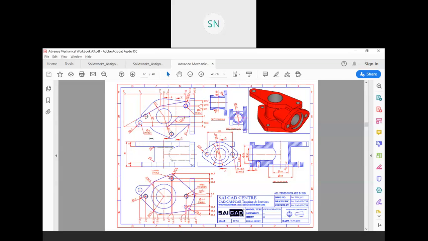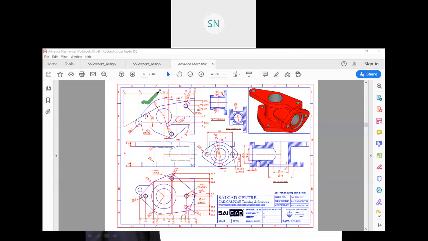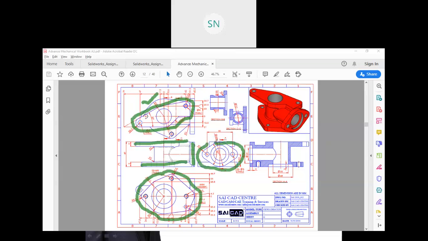So if you want to view what is on the top face here, then you have to view this drawing, right? So this thing we have is this one, right? And this thing we have is this one. And this right side thing we have is this one. So in this way, these are our views.